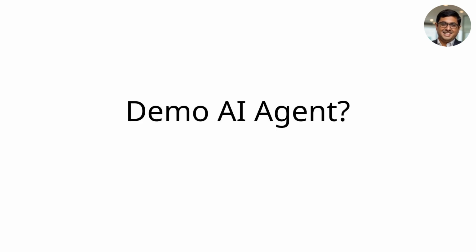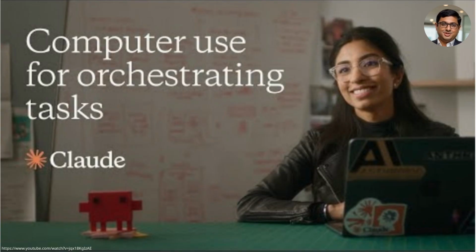Since agentic AI is a paradigm shift from how we have been using AI chatbots today, I think it is best to see a demo of an AI agent in action to understand it better. I have two super interesting demos of AI agents, the first one by Anthropic and the other by Microsoft. The first demo is of the computer-use AI agent, in which the AI agent browses the web to achieve the goal of trip planning fully autonomously.